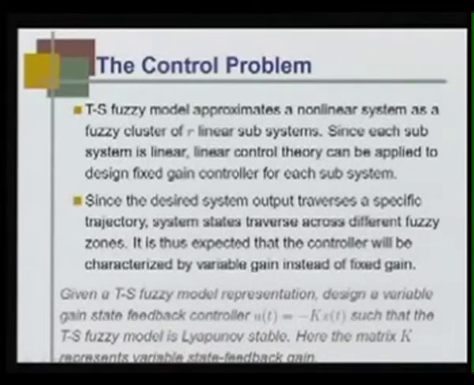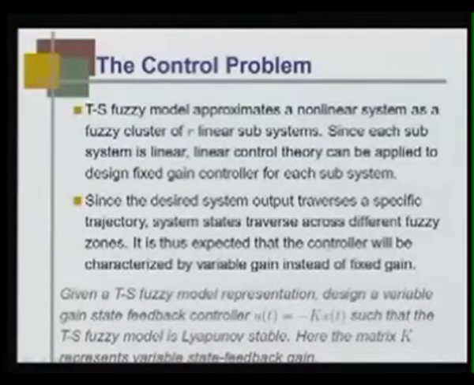Okay. Now, we will talk about the control problem. The TS fuzzy model approximates a nonlinear system as a fuzzy cluster of R linear subsystems. Since each subsystem is linear, linear control theory can be applied to design a fixed gain controller for each subsystem. Since the desired system output traverses a specific trajectory, system states traverse across different fuzzy zones. It is thus expected that a controller will be characterized by a variable gain instead of a fixed gain, which